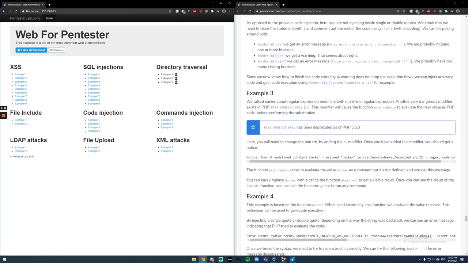Moving forward to example number 3, as we talked earlier about regular expression modifiers with multiple-line regular expressions, another very dangerous modifier exists in PHP: PCRE_REPLACE_EVAL. This modifier will cause the function preg_replace to evaluate the new value as PHP code before performing the substitution. So we'll need to change the pattern by adding the e modifier, and once we have this modifier, we should get